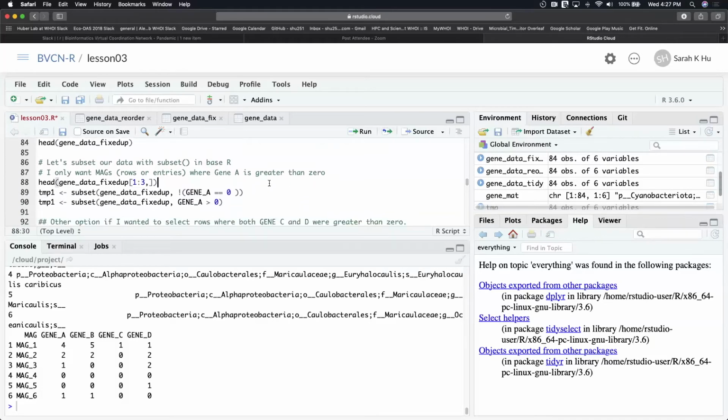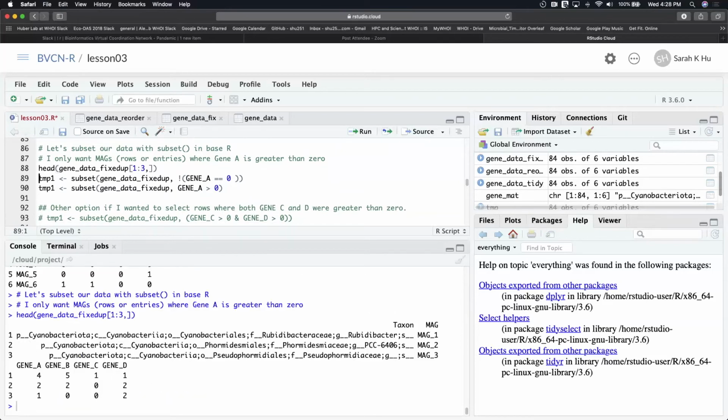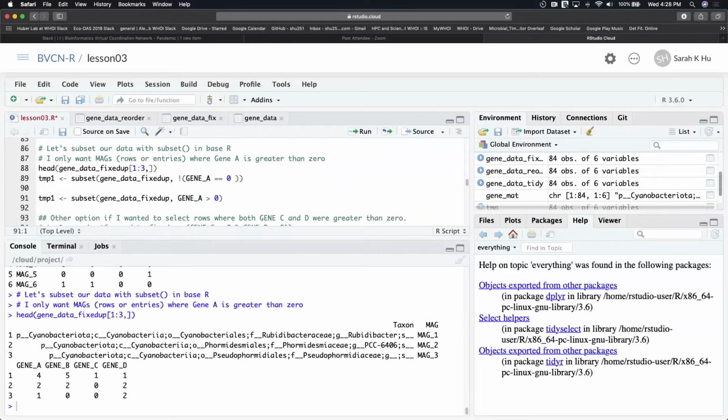Okay, so I'm going to go into subsetting some data. And this was another question that I got in the Slack channel. We're going to continue using this data frame that ends in fixed up that we last used with the first Tidyverse function. And this is using commands in base R, and this is using subset. And so what this function is saying is that I want to subset this data frame, and I want to select it so what I have highlighted here is indicating that in the column gene A, it has to be